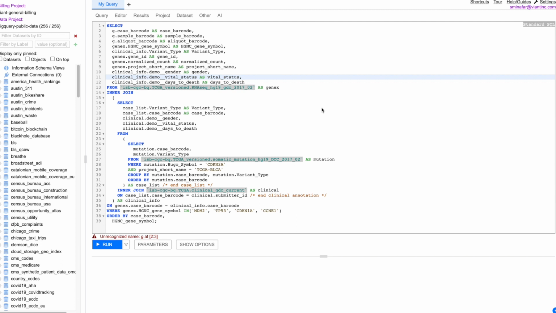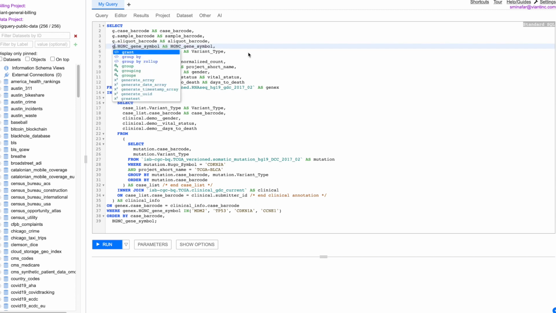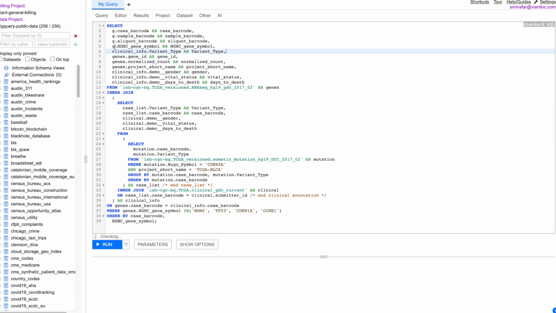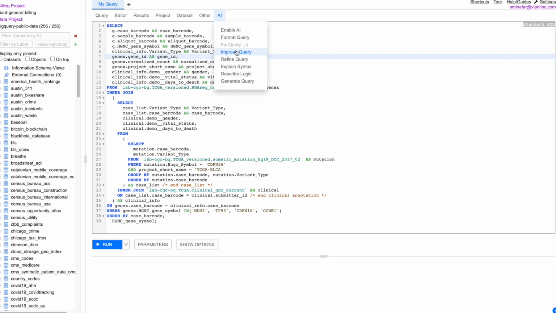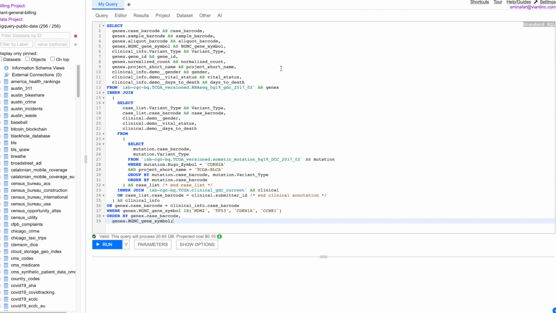Let's explore how artificial intelligence may help us in fixing our errors. Let's return to our original query, and in this case, I'm intentionally making an error by referencing an alias that doesn't exist. You can see in the dry run, we get the error. So for the AI, I want it to fix this query. Let's take a look. The response replaces our incorrect query, and you can see the changes to restore the corrected alias, and now we have a valid query.